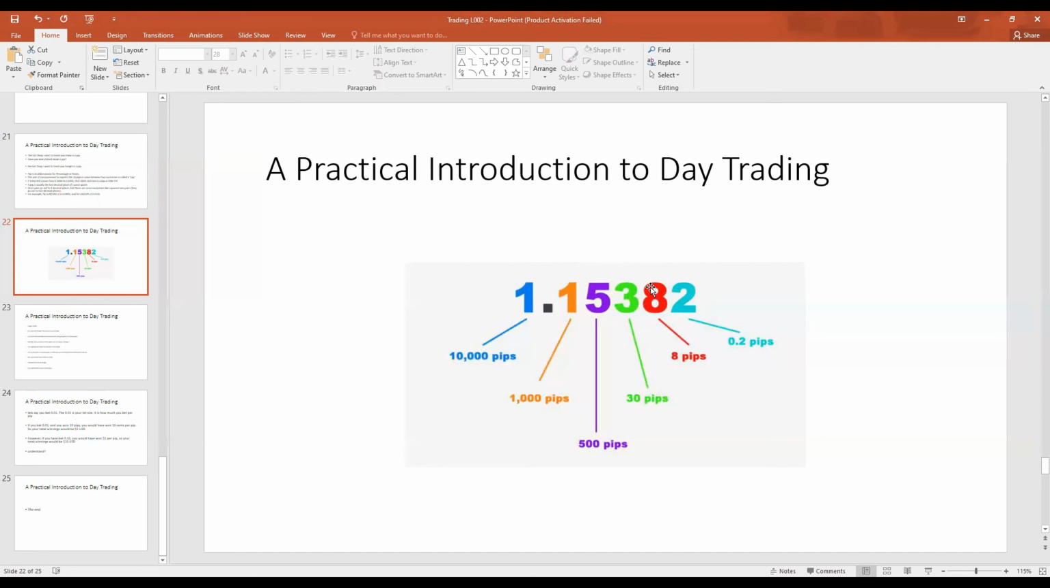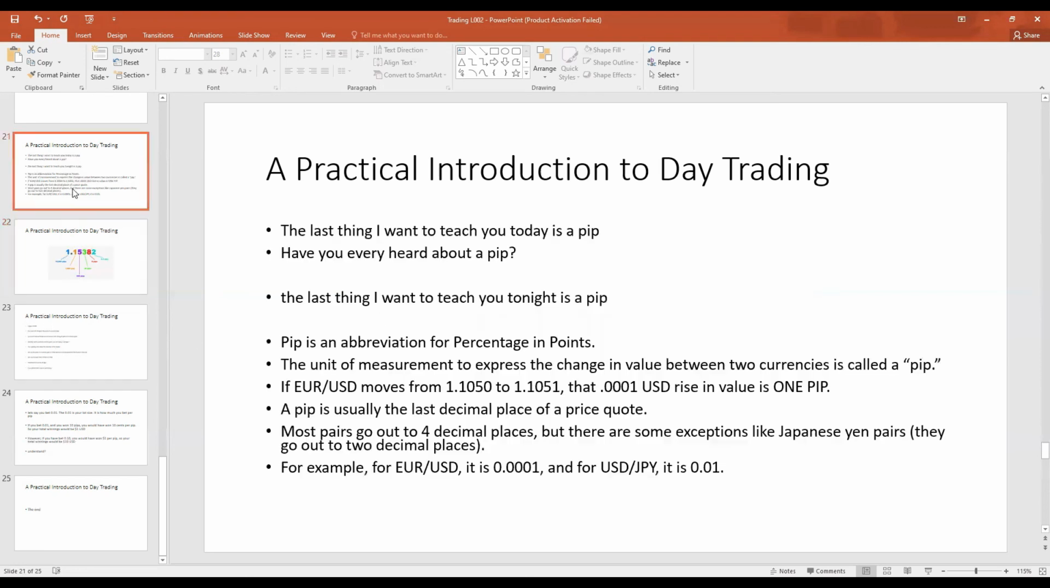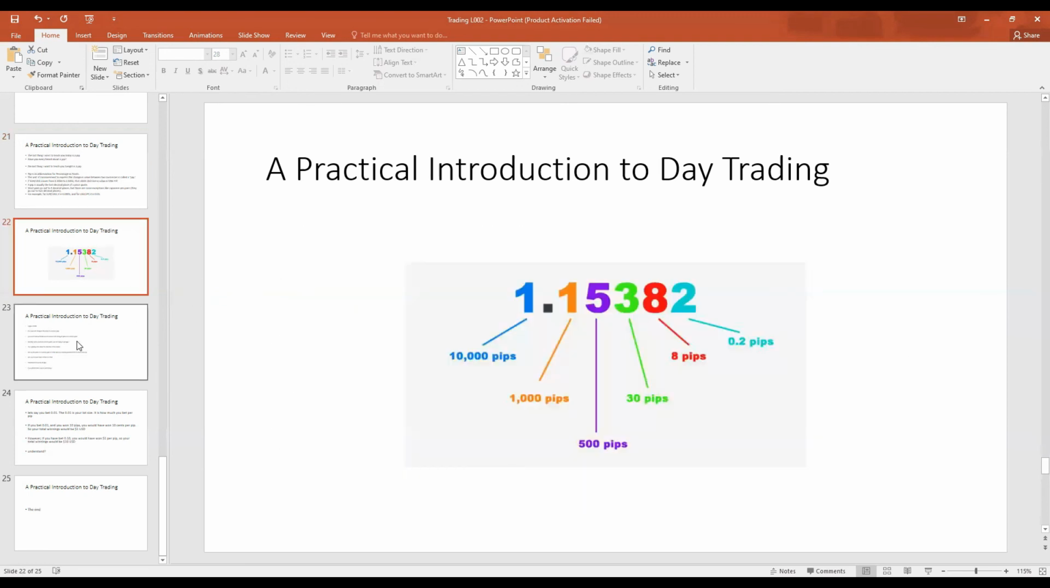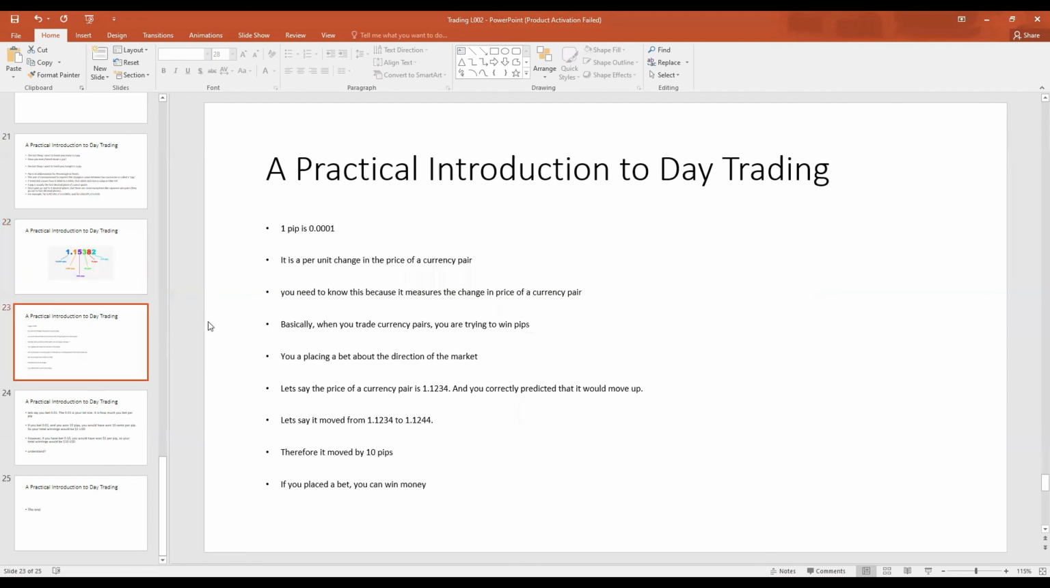When we trade in currency pairs, we need to monitor changes in the price of the asset. The per unit change in the price of the asset can be denoted by a pip. When we are trading financial assets on the forex market, we are trying to win pips. So let me give you an example. Let's say we're looking at the price of a currency pair, and it was this price,